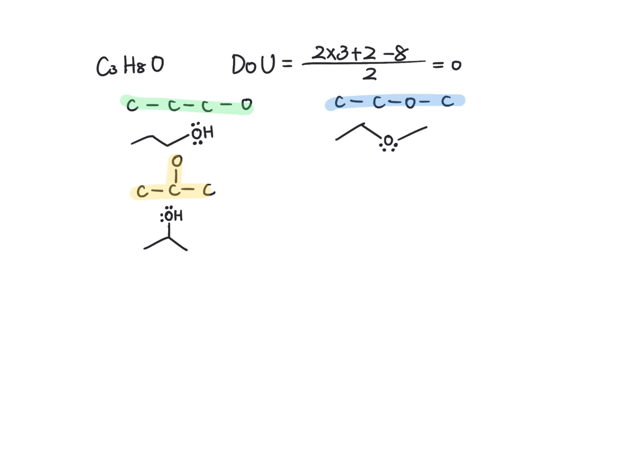So you may ask, what if we have carbon, oxygen, carbon? Let's see what would happen. So carbon will be right here. Immediately what we see is we have 3 bonds around oxygen, so that oxygen cannot be neutral anymore. So this scenario will not be an option. So what we are seeing here is for this C3, hydrogen 8, oxygen, by doing the degree of unsaturation and drawing out a backbone, we can have 3 constitutional isomers